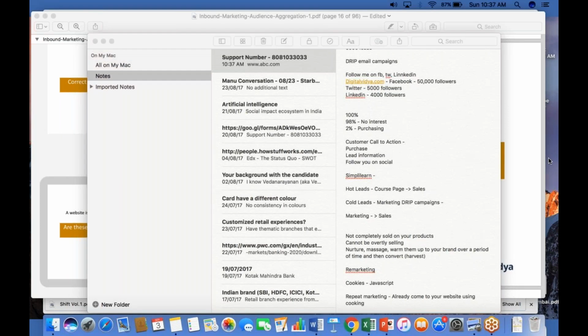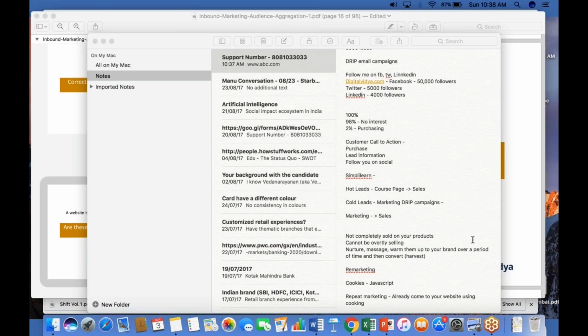For example, those Digital Vidya ads, this is something you could try out. The same ads would not be following you if you were to clear your cache or clear your cookies, or use an incognito window, or use a completely different browser or a completely different device. Let's say you first visited Digital Vidya on Chrome, now you open Safari and visit the same website, or you surf anywhere, the ads would not follow you. If you visited Digital Vidya again on Safari, then it would start following you on Safari. But if you visited Digital Vidya on Chrome but do your surfing on Safari, there will be no remarketing ads. Digital Vidya can't follow you there.